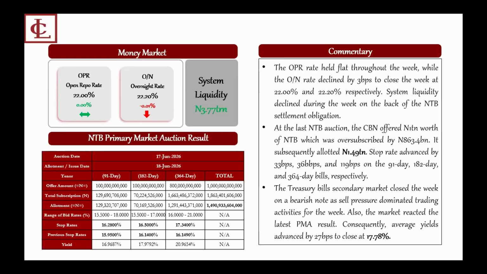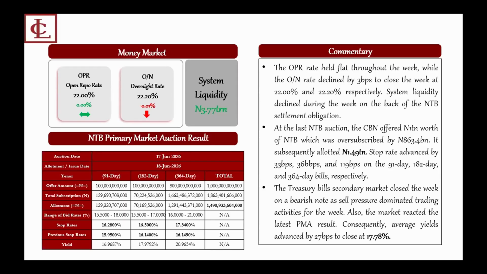Meanwhile, activity in the Treasury bill secondary market was predominantly bearish during the week. Trading sentiment was largely driven by sell-side pressures as market participants reacted to high stop rates recorded at the primary market auction. The auction outcome reset market pricing expectations, prompting investors to adjust portfolio positions and seek higher yields in the secondary market. Consequently, yields trended upwards across most maturities, with average Treasury bills yield rising by 27 basis points week on week to settle at